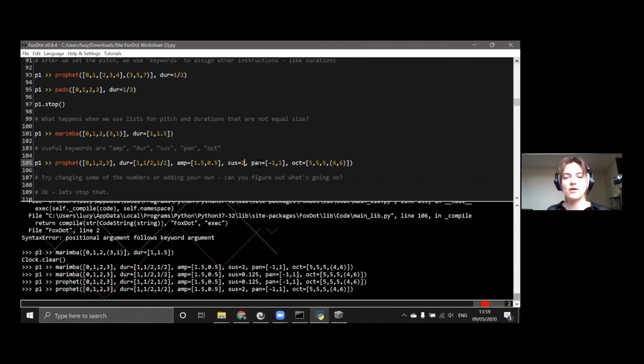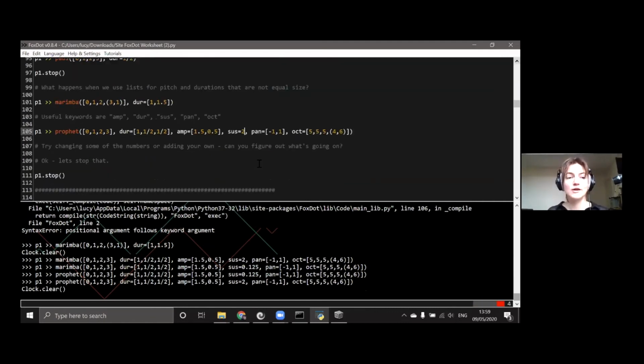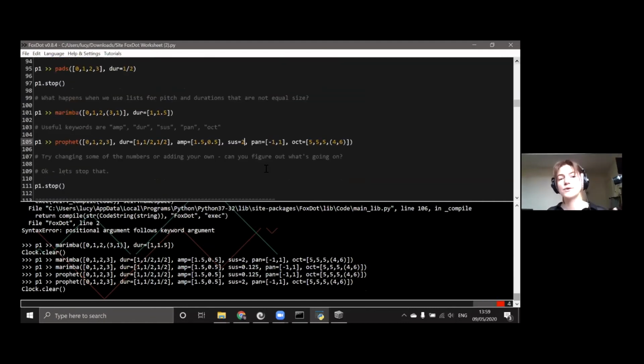You can also hear that a lot longer. So you can hear that the sustain has a massive effect on the sound. If you have a short sound, it's not going to overlap. If you have a longer sound, obviously you're going to get a much more blurred kind of pattern going on. So I would recommend playing around with those keywords and having a go at creating